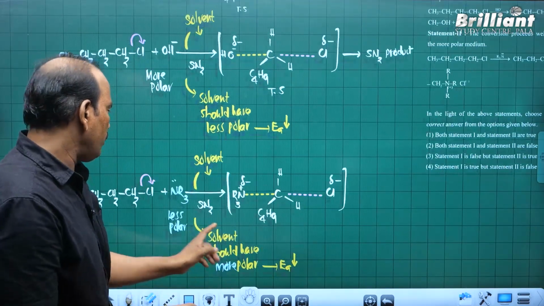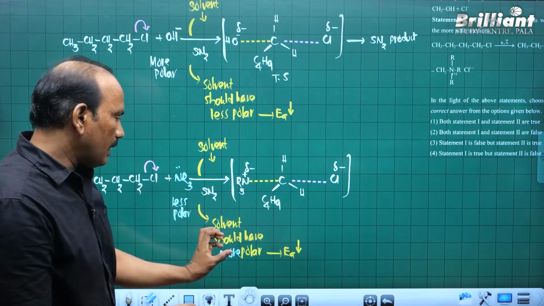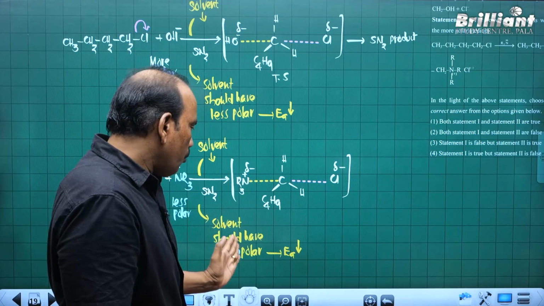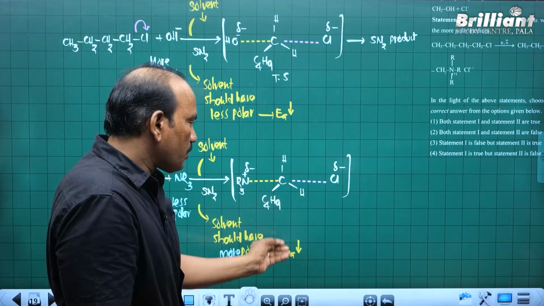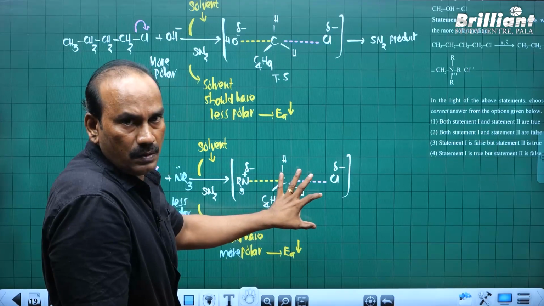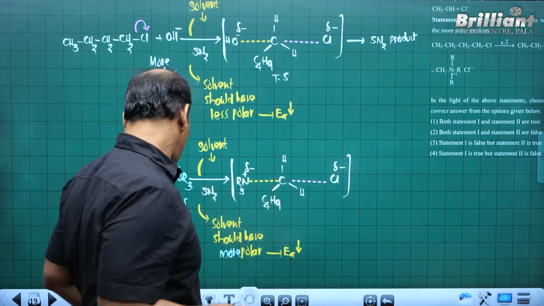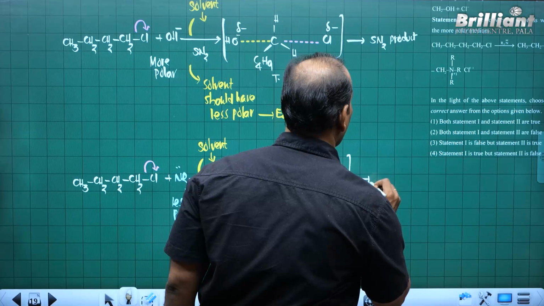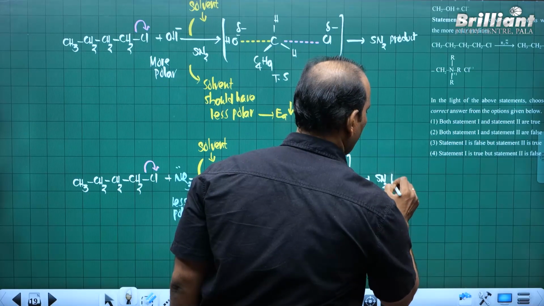Now here, this is less polar. At the same time, we are using a more polar solvent, which reduces the activation energy. That means its stability increases. That means it easily forms the product. So SN2,